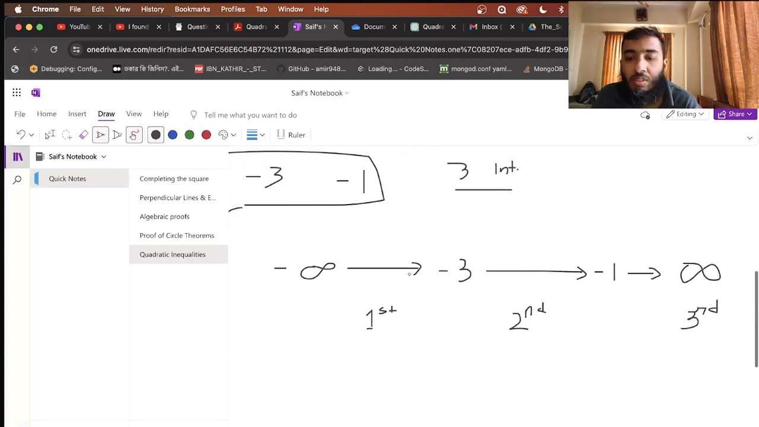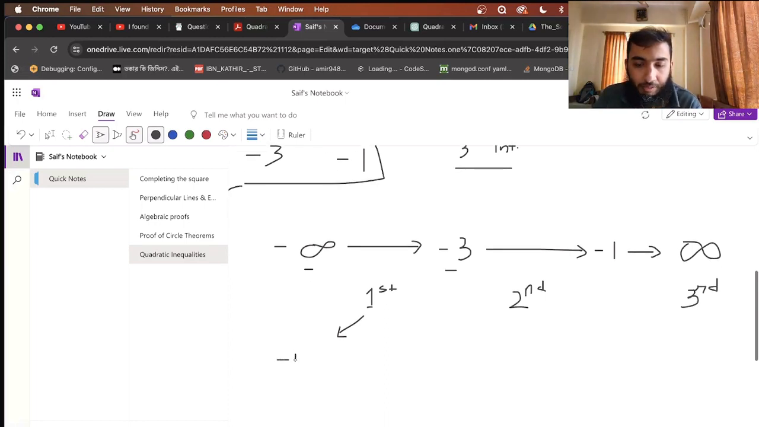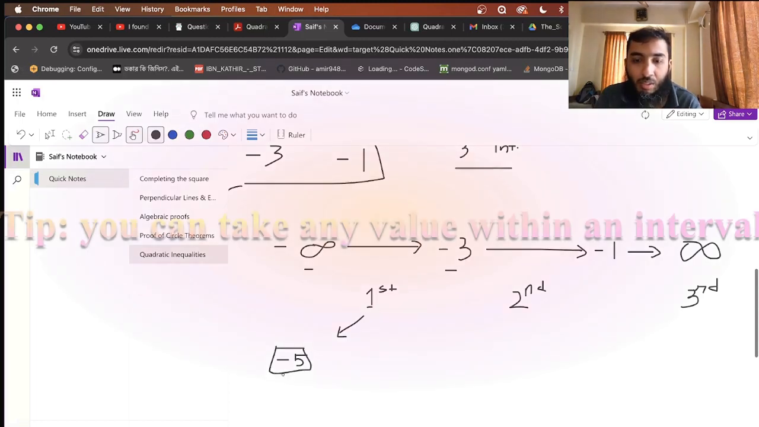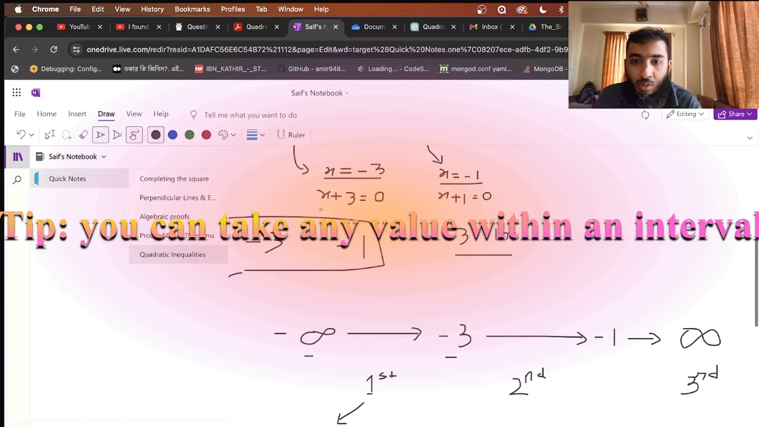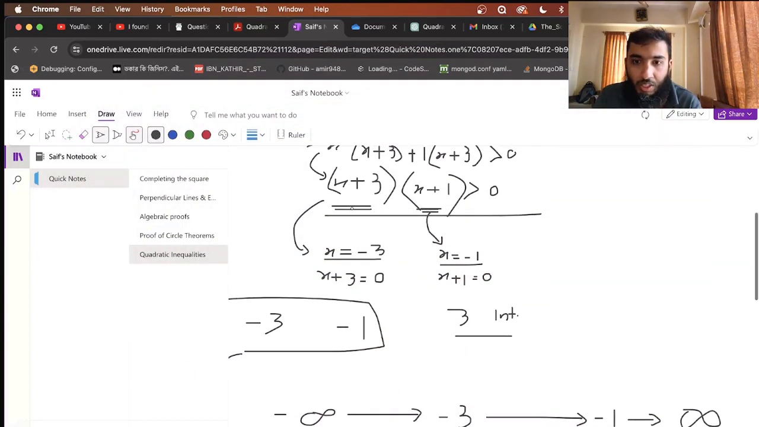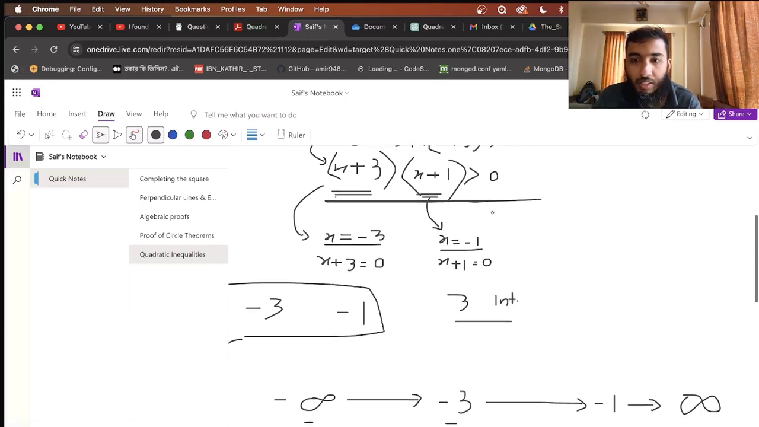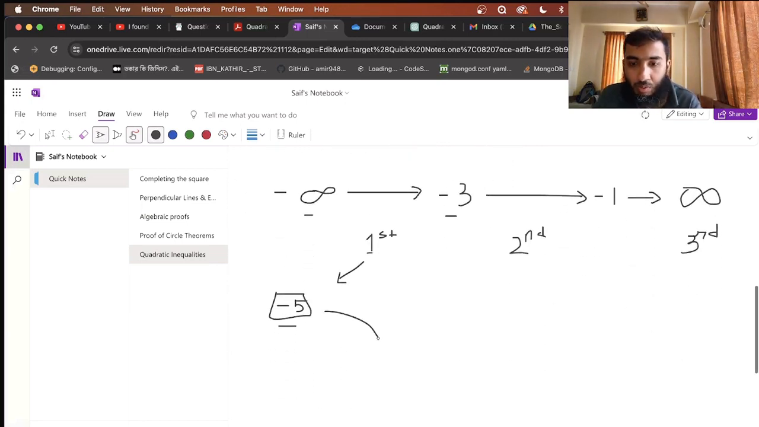So let's use some values, one value from each interval. Let's take the first interval. What is a number between minus infinity and minus 3? Let's say minus 5. That is between minus infinity and minus 3. So let's use this value minus 5 in the inequality x plus 3 times x plus 1 is greater than 0. Then this would be minus 5 plus 3,